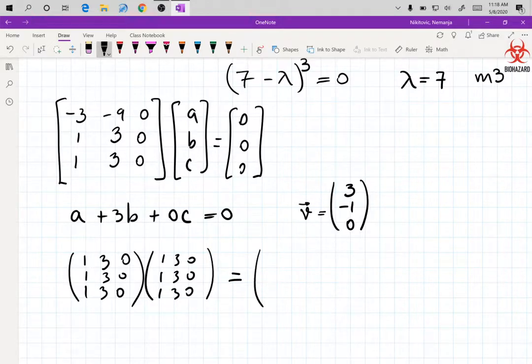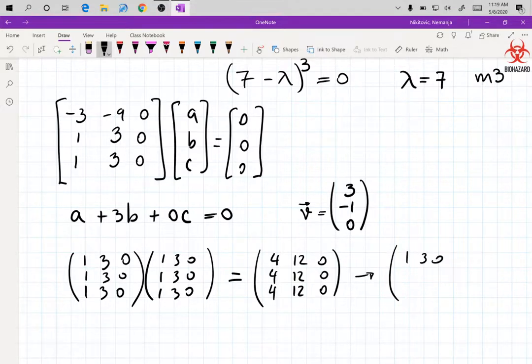When you multiply that, you will get a new matrix that you can look into. So now 1, 1, 1 into all of these will give us a 4. 1, 1, 1 into all of these will give us a 4, and that will give us a 4. So now 3 and 9 is 12, and that's going to give us 12, and then 12, and then 0, 0, 0, and you are still getting the same matrix back,